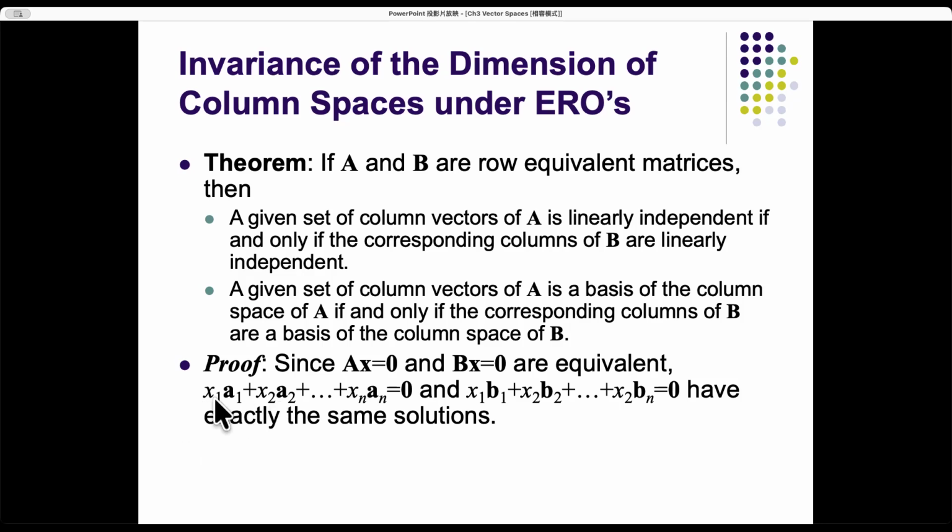So x1 a1 plus x2 a2 plus and so on plus xn an equal to 0, and x1 b1 plus and so on. They have exactly the same solution. What does that mean? First, what are A1, A2, or An? Be very careful, this is a lower corner index, right? 这个 A1, A2 它代表的是 column vector，就是大 A 的 column vector。